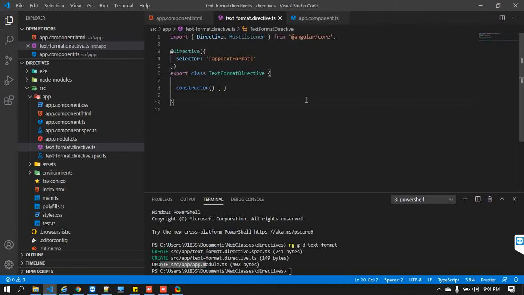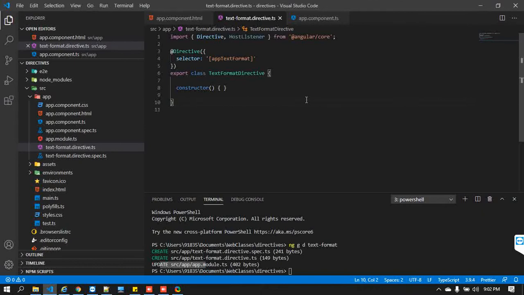In your HTML document, in your respective template, you are doing something. Whenever you do something, that is nothing but an event. For example, clicking a certain button is an event.